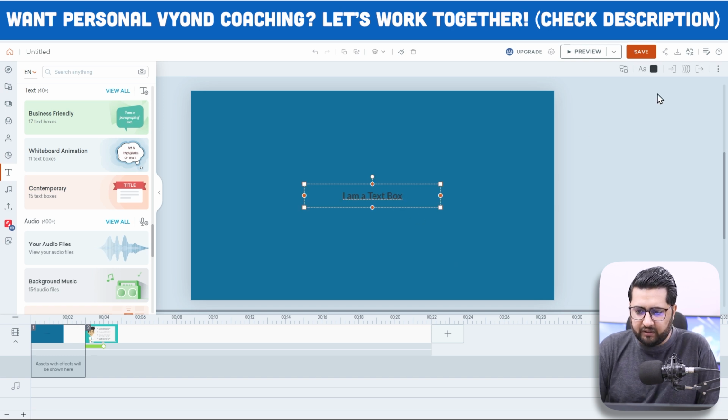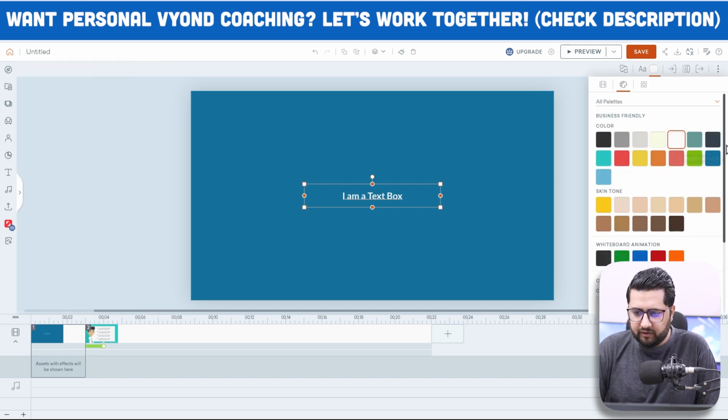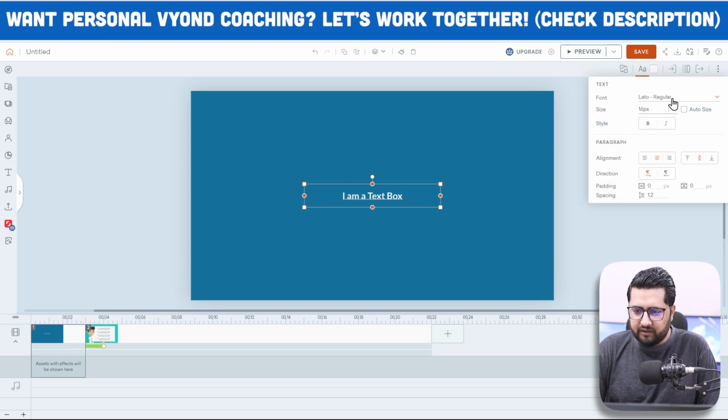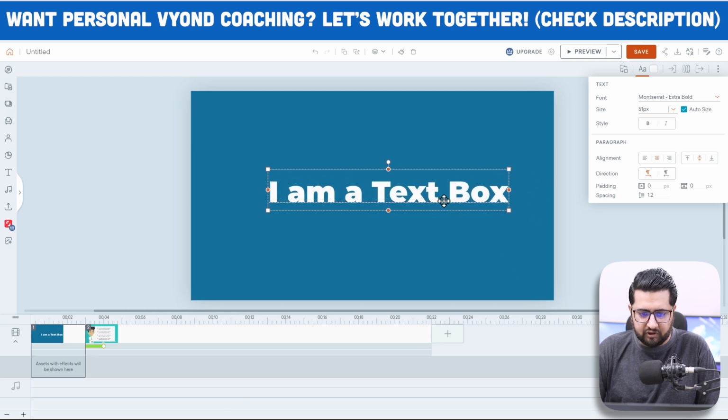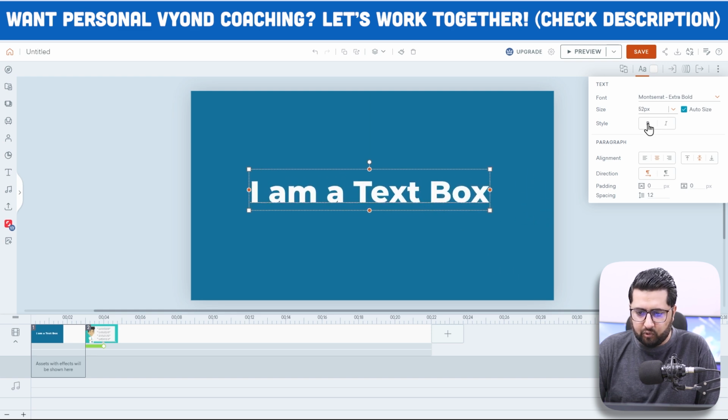Okay, now click here. You can change the color of it, any color you want. You can change the font. Here's a list of the fonts which are already in Vyond. You can select something if you liked it like this, and I can auto resize and then change its size. You can bold it or italic if you like, and alignment right, left, or align top, align bottom, or direction